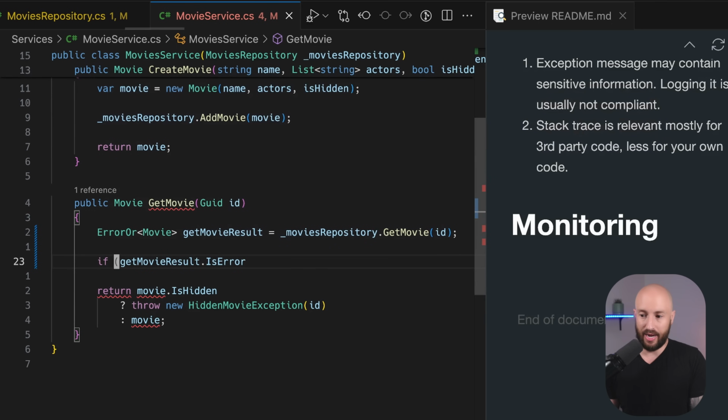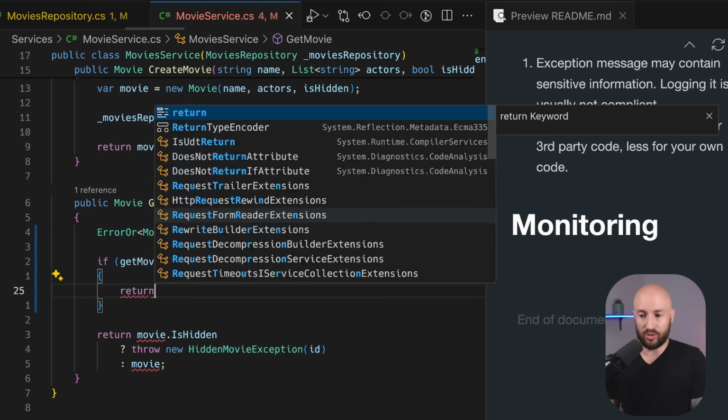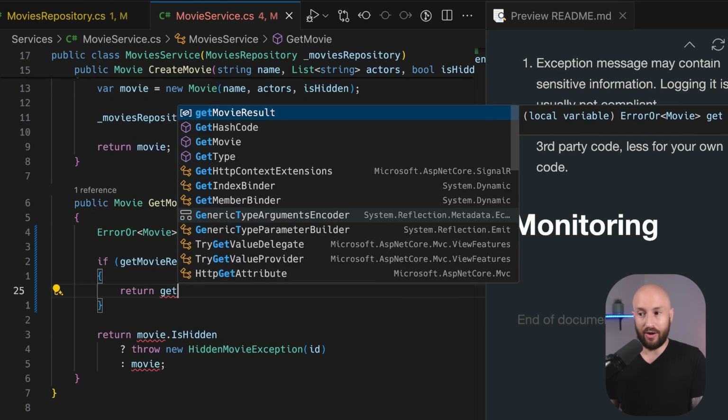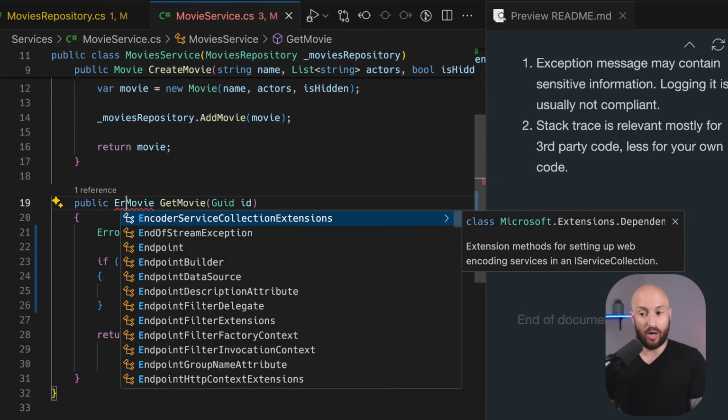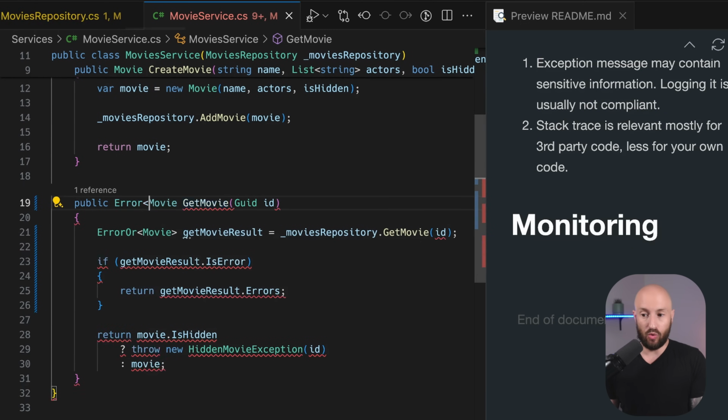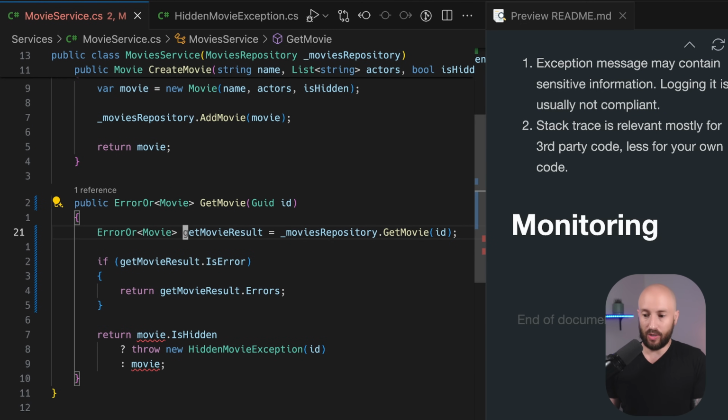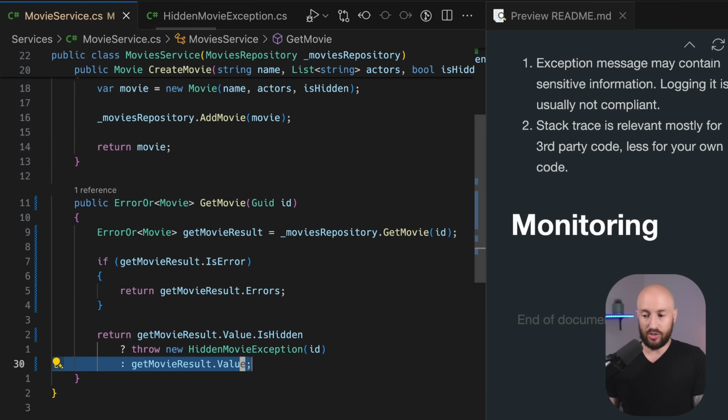So if this is an error, then in our case, we simply want to go ahead and return the errors back to the caller, which means that we also need to update this to now be ErrorOr movie. And then over here, if we want to access the movie, then we need to go ahead and say getMovieResult.Value.IsHidden, and then finally return getMovie.Value.